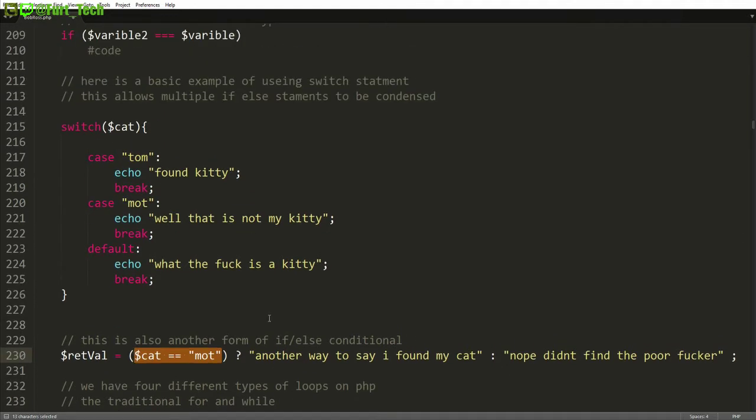And you can see that you have a question mark sign there, and that basically indicates to the parser, when it's parsing the code, okay, after this I'm going to have two statements. The first statement is going to be if it's true,